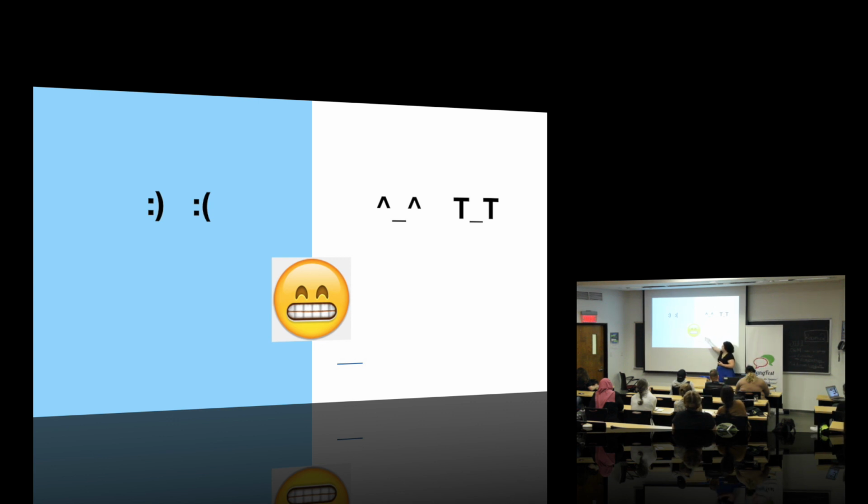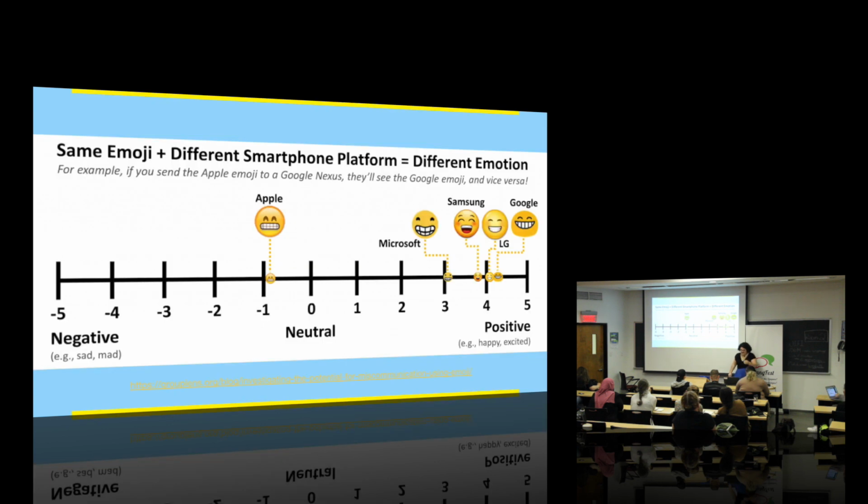The problem is when you have something like this, where you have what are very clearly happy eyes and what is very clearly not actually that happy of a mouth, and you have people who are approaching this image from two different visual emotion conventions, and you end up with problems like this study that came out in 2016,